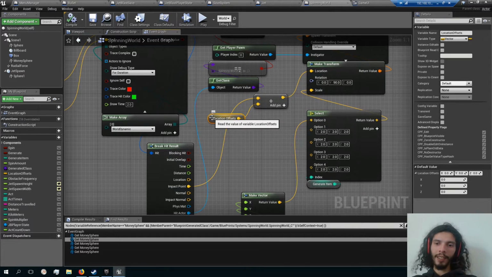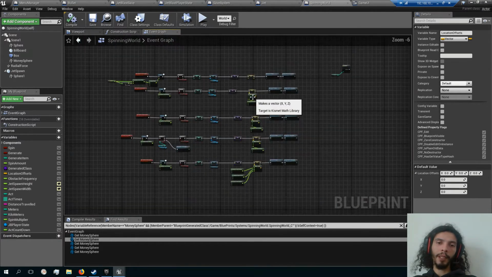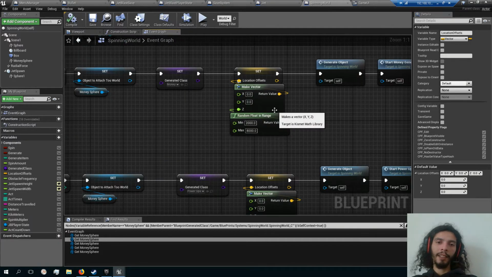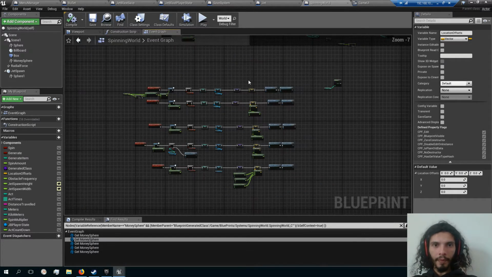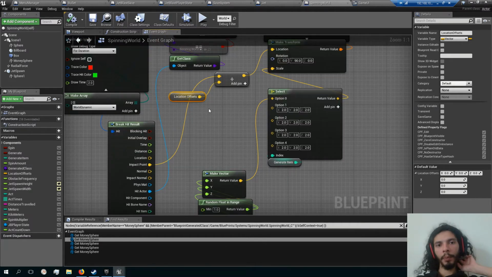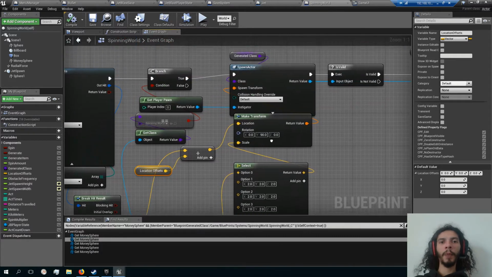Where is this location offset? Right, so we have an impact point. The obstacles have no location offsets, like the power ups and stuff do, because I don't want them to be stuck onto the ground. I want them to be floating a bit. So we have a bit of a location offset. It's random, between like 2,000 units off the ground and 8,000 units off the ground. Not too high, not too low. That's what that's for. So I get the impact point plus the location offset, and then we spawn